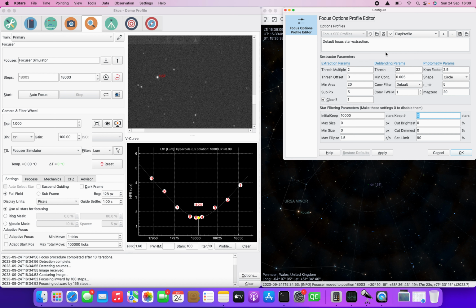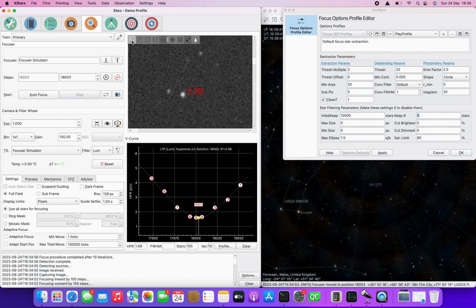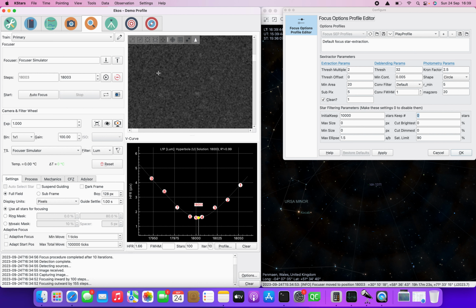And then what SEP will do with the background is it'll calculate an average background intensity and a standard deviation. So, it might be an intensity of 8 plus a standard deviation of 1.5 or something like that. If you zoom in on the background, you can see as we get further and further in that each of the pixels does have a different value. Some are obviously brighter than others,